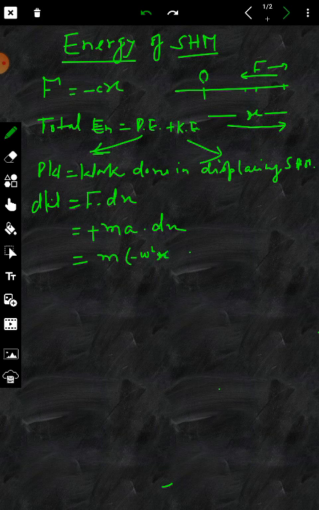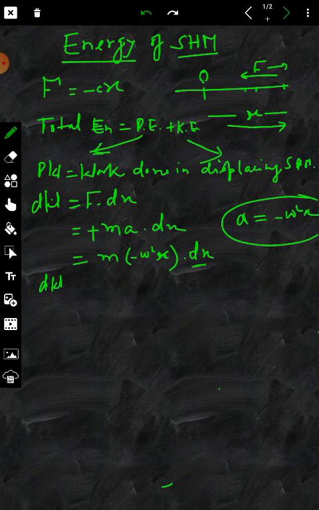Y is the displacement. Actually here we are writing it as x into dx, because acceleration and displacement are related by acceleration equal to minus omega square into x in general for a simple harmonic oscillator, and here we are talking about a simple harmonic oscillator. Okay. So this is the small amount of work done in displacing this object by dx towards the mean position, and this work is done by the restoring force. So this becomes equal to minus m omega square x dx.